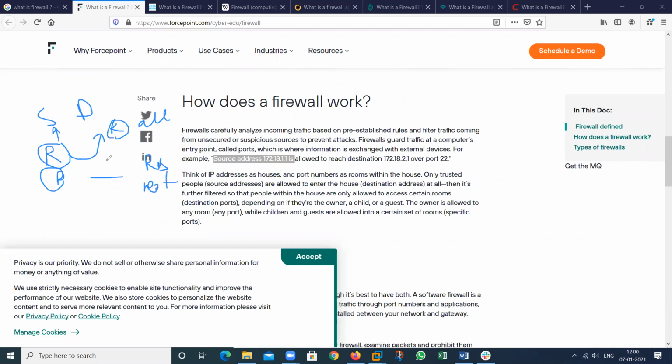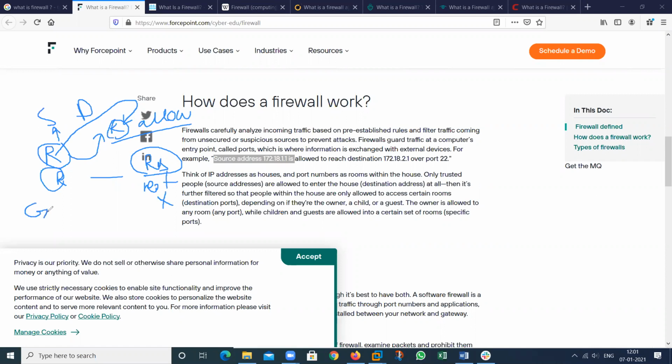So I have applied a behavior on the basis of source. If Rahul wants to go in the kitchen, allow. If Rahul wants to go in my restroom, do not allow. So I have applied a rule.